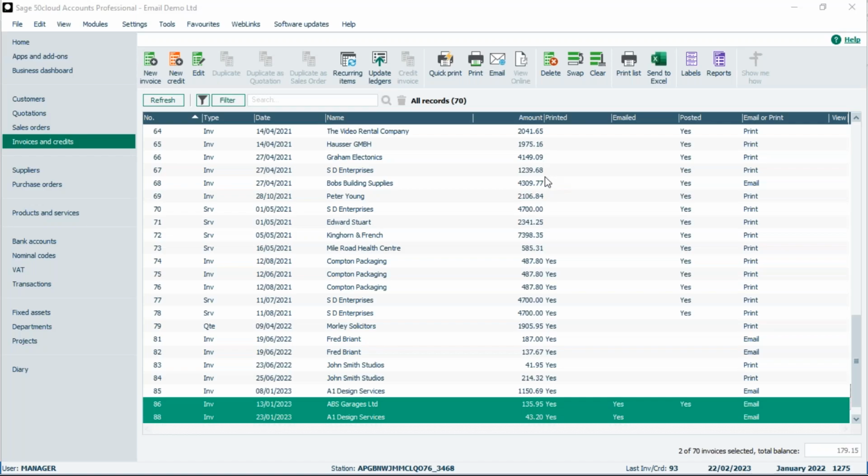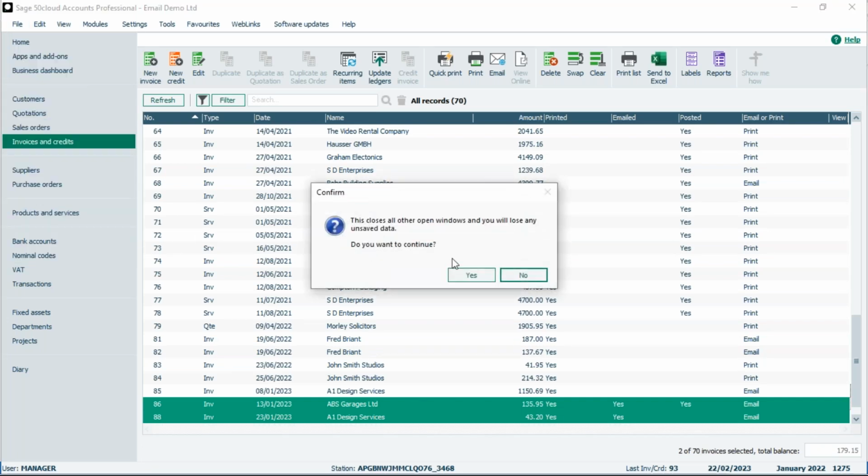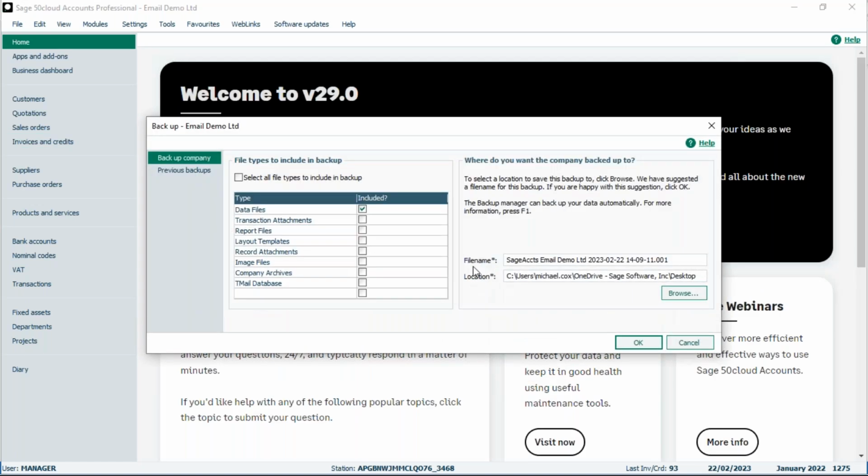Now, to take a layouts only backup, which is where we're going to start, nice and simple. We're just going to go to File, choose the backup option, just click yes to close the other windows. And what we're looking for on here is layout templates. That's the only one we want ticked. Data files you'll probably have ticked by default, but what we want to do just at this stage is layout templates only. Now I'm just going to pop mine on my desktop